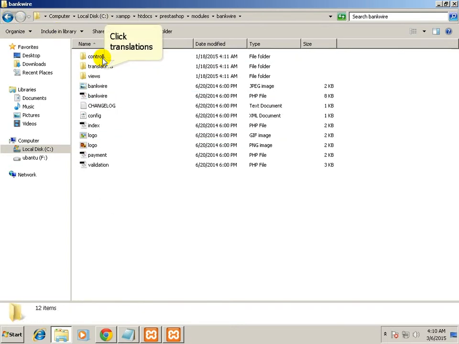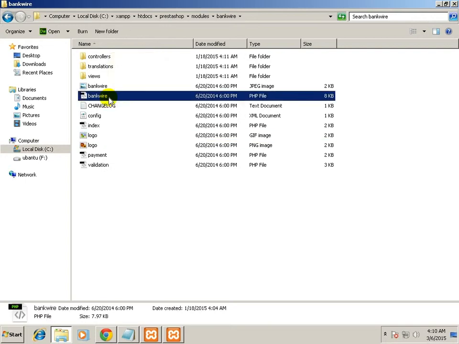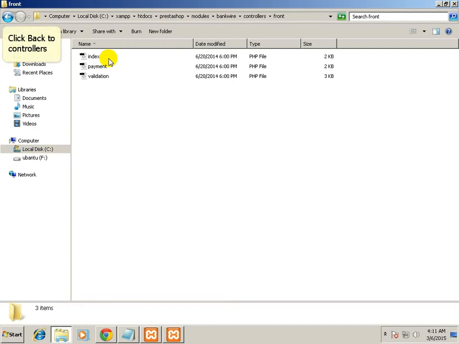Controllers are used to display the front office and have several functions inside them, and views will have the template files. Here we see the template files. Here payment execution was the template file.